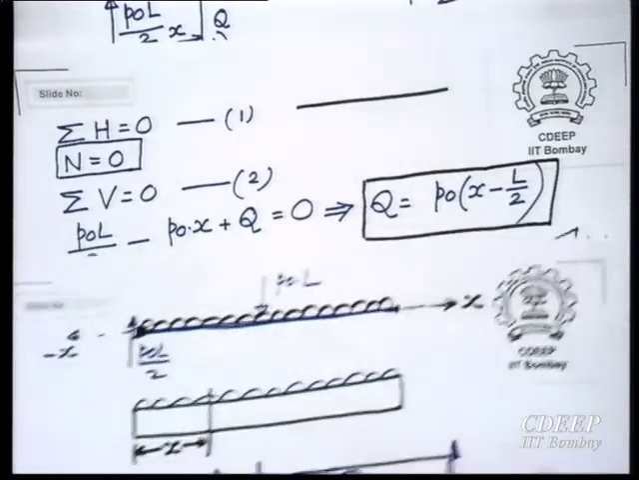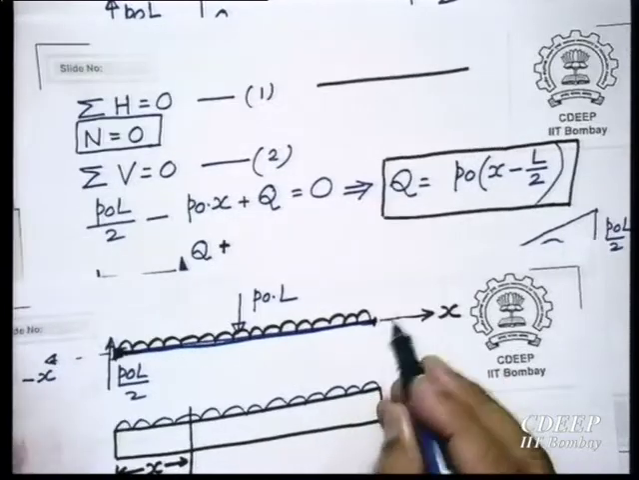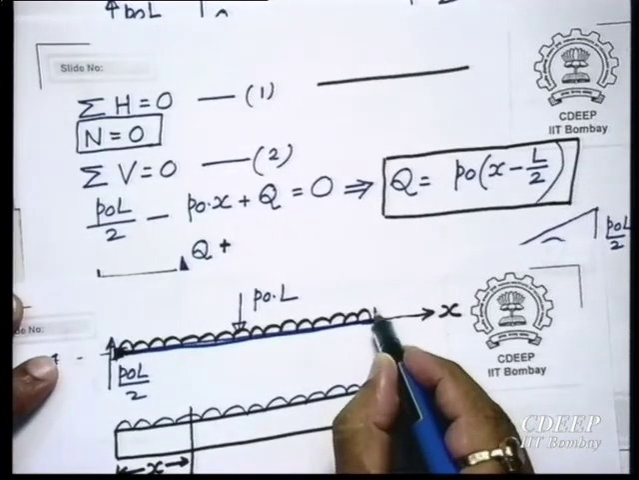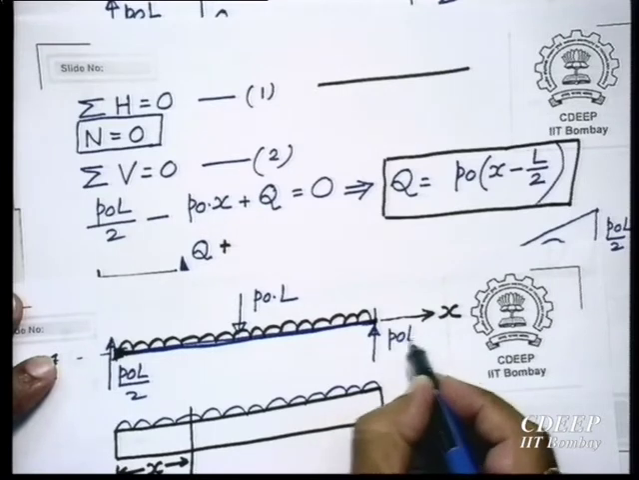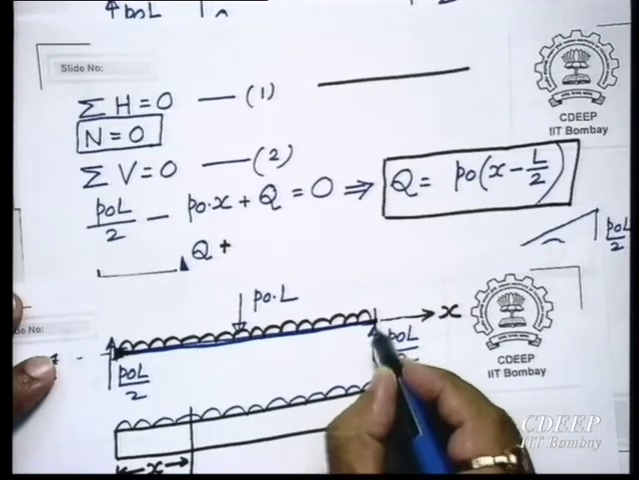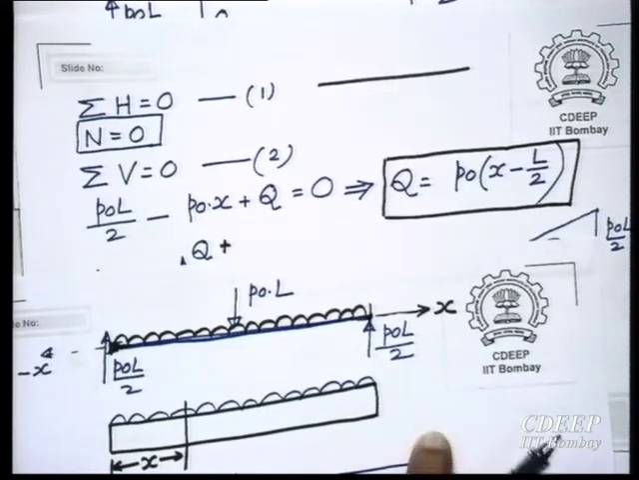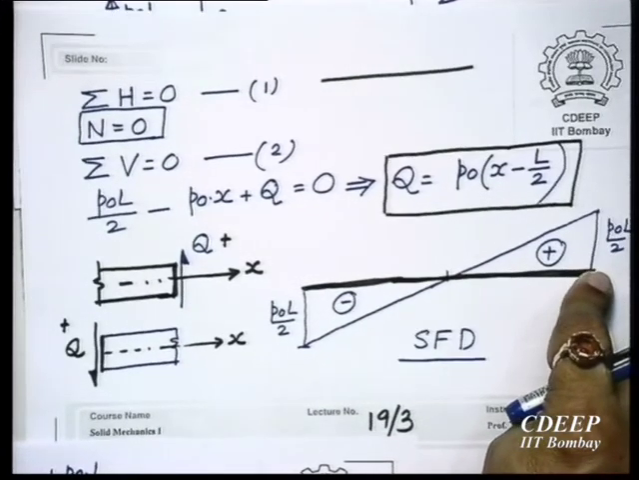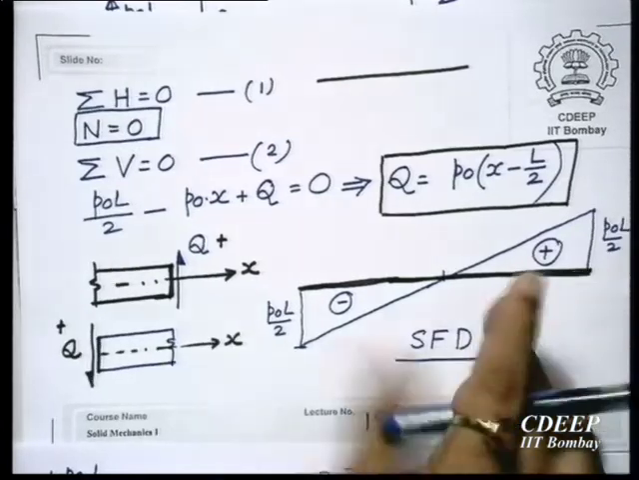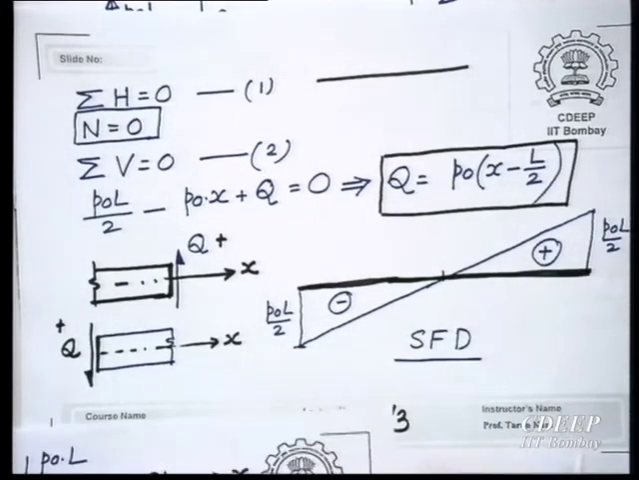Now, what about this end? Here, in the free body diagram, the reaction is again P naught L by 2 on this face. So, what is this? Positive. That is why you are getting positive. So the shear force diagram changes, it becomes 0, and then it